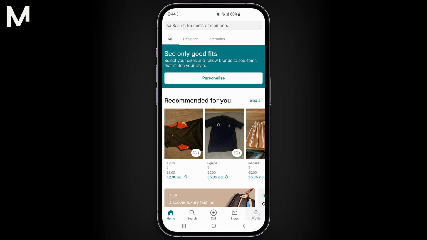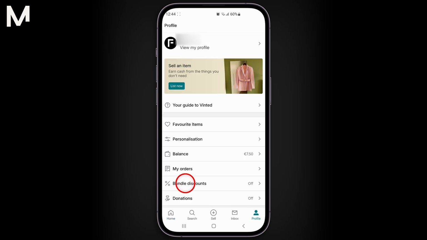To set up a bundle discount on Vinted, follow these steps. Open the Vinted app and log into your account. Go to your profile by tapping the profile icon at the bottom right of the screen. Tap on Bundle Discount